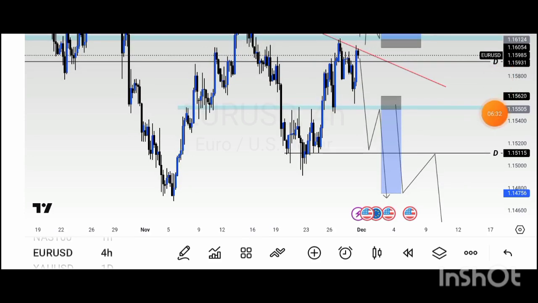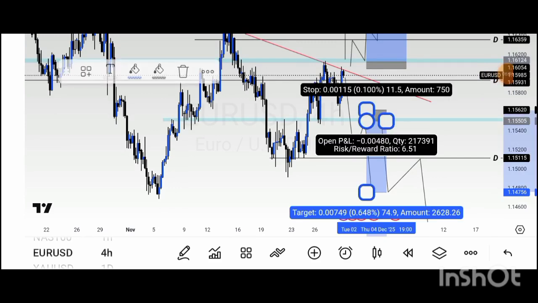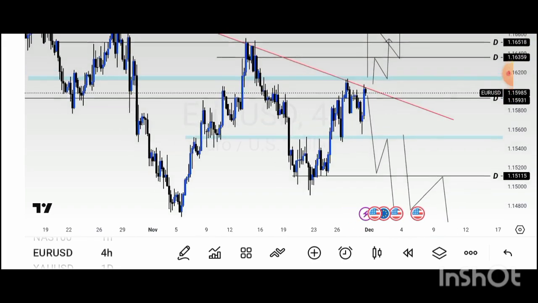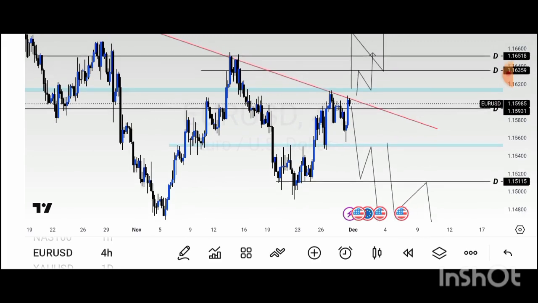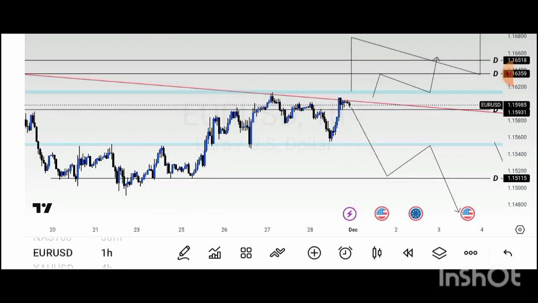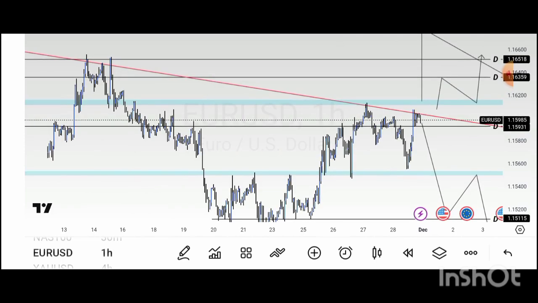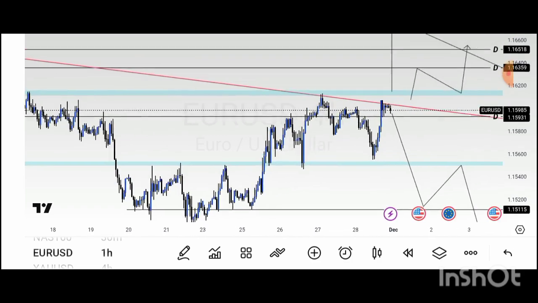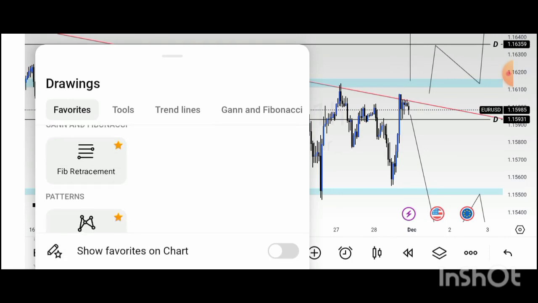But if this happens, then I am going to be selling from this daily time frame, from these 4 hours. I'll be taking a setup from this 4 hours time frame, but I'll go to my entry time frame to look for confirmation. So let's go down to the 1 hour time frame to see what we should be expecting. You see the 1 hour time frame is not very different from what we saw on the 4 hours time frame. This is still the key resistance level